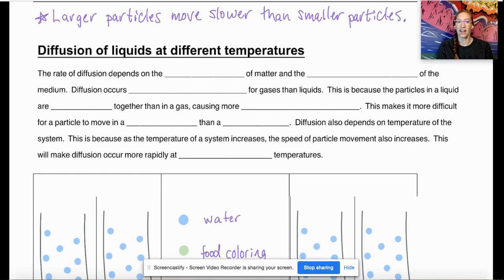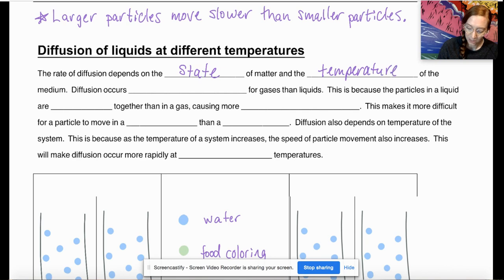Hi, it's Miss Cat, and I'm here to talk about diffusion of liquids at different temperatures. So you've seen a demo of diffusion of food coloring through hot water and room temperature water or cold water. It will happen the same way, and we're going to talk about the science behind this and then draw some particle diagrams. The rate of diffusion depends on the state of the matter and the temperature